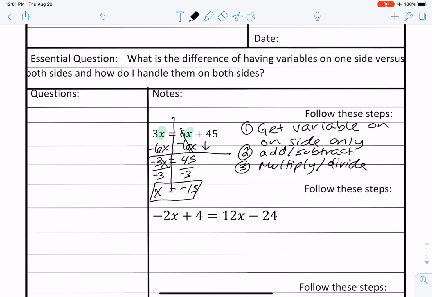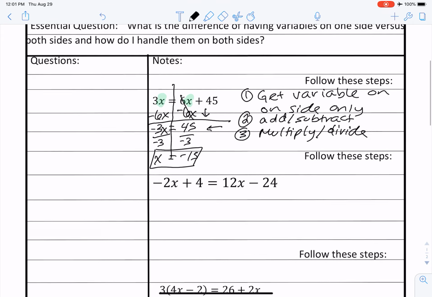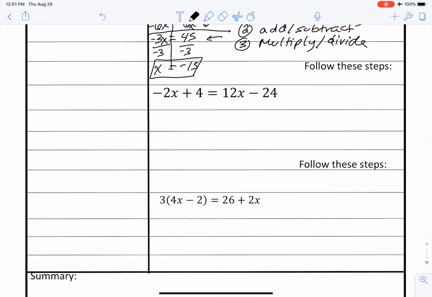And in this example, right here on this step, we didn't have to add or subtract. So we skipped that step and went straight to step 3, and we divided by negative 3. Okay, but sometimes we'll have to add or subtract something before we multiply or divide. Okay, so then continuing on,